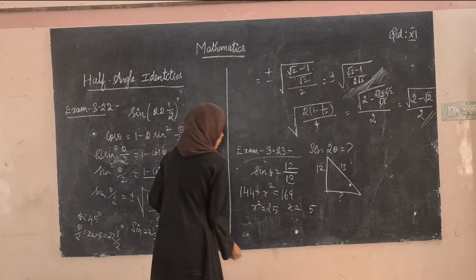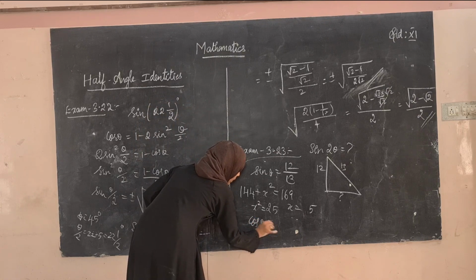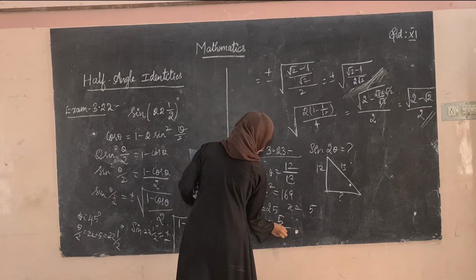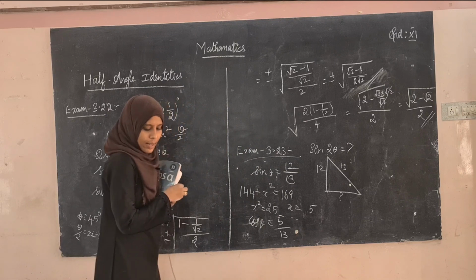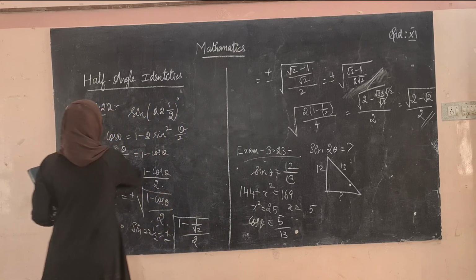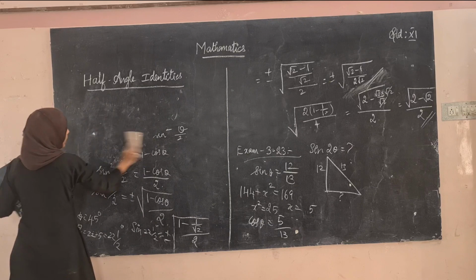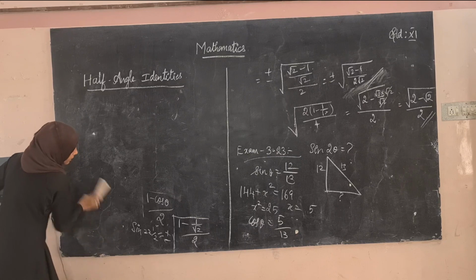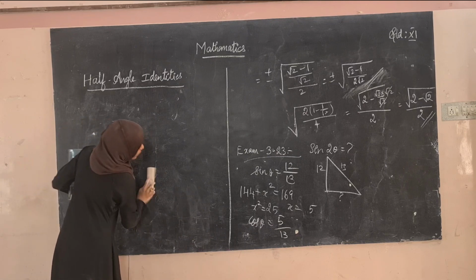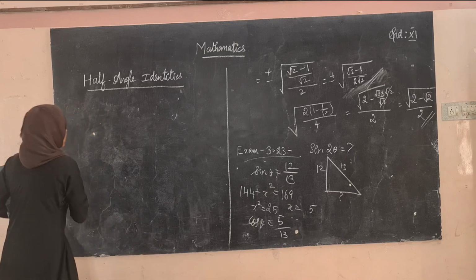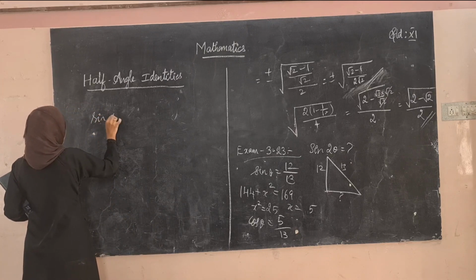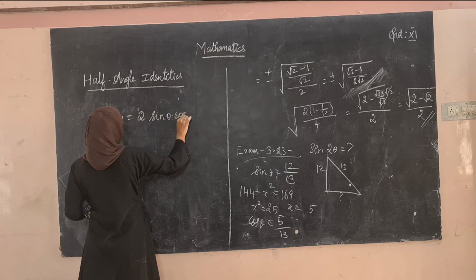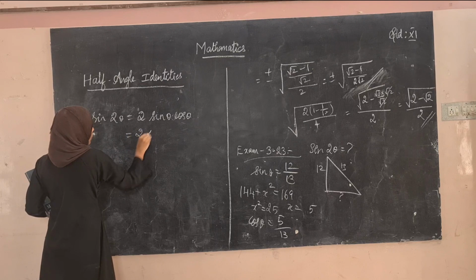So from this you can find the value of cos theta, right? Cos theta will be equal to adjacent divided by hypotenuse. So 5 divided by 13. So we have to find the value of sine 2 theta. What's the formula for finding sine 2 theta using sine theta and cos theta? Sine 2 theta can be written as 2 into sine theta into cos theta, which is equal to 2 into,